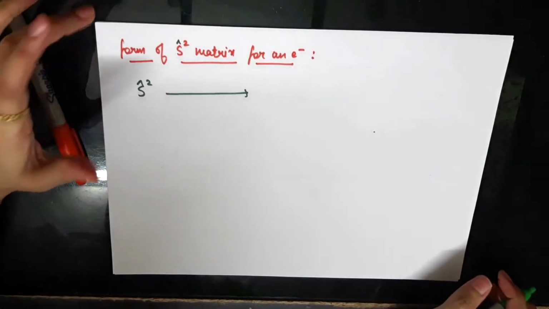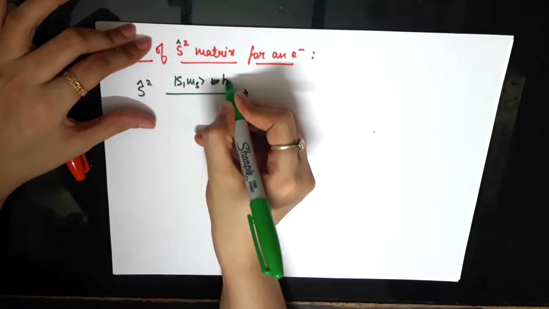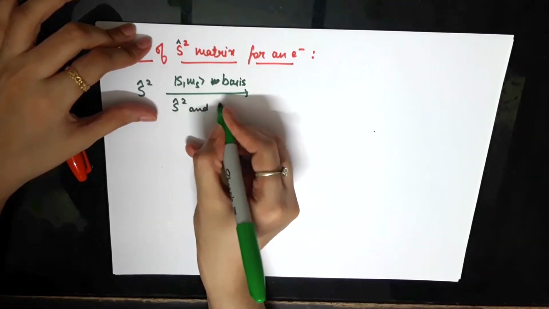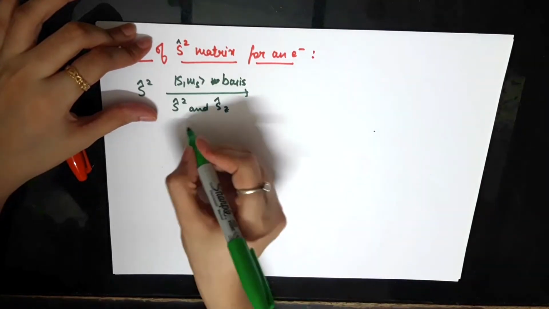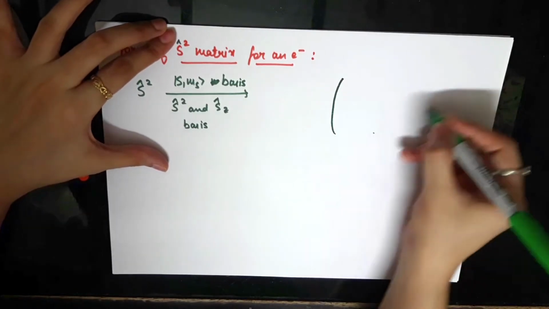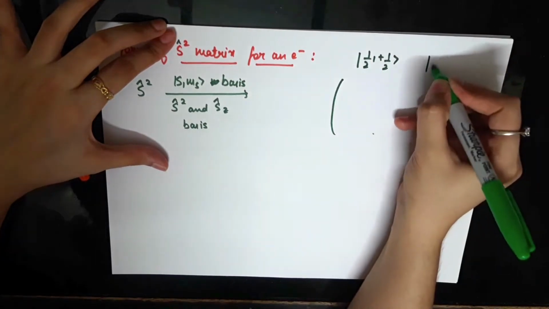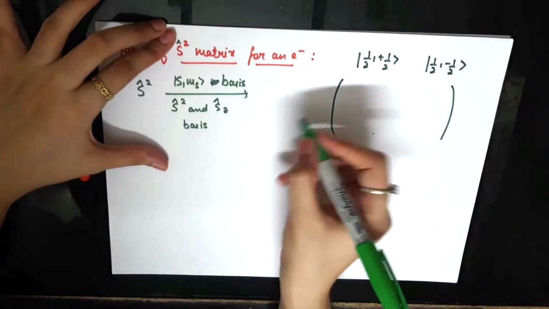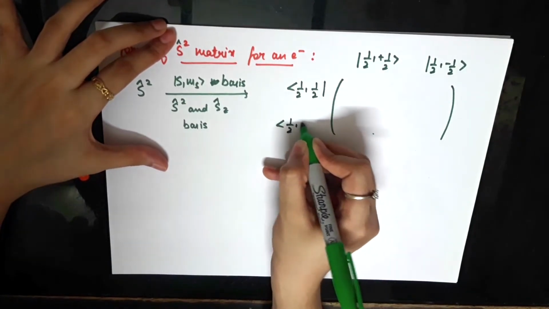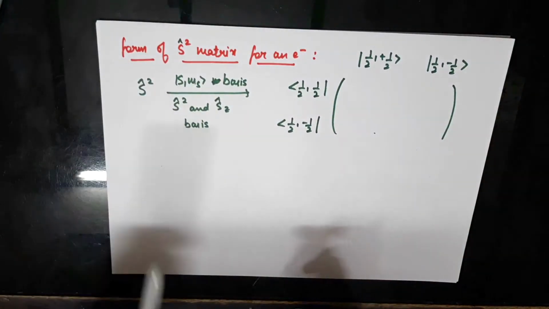While writing the matrix form, as I have been saying, you have to first specify what basis. In our case, the basis always is the S-ms basis, which is the basis of S squared and Sz eigenstates. For electrons specifically, it's going to be a 2 by 2 matrix, and the basis is half plus half, half minus half. The row labels would enter the computations as a bra. There will be 4 entries here, and we want to figure out what they are.